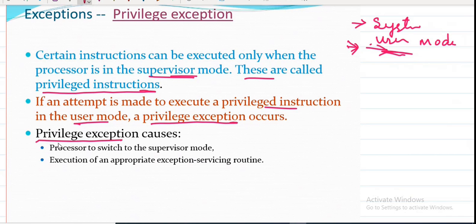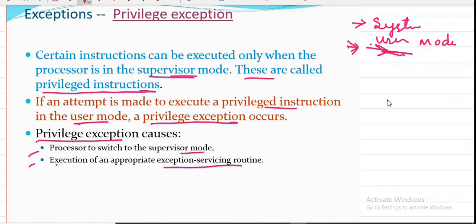A privileged exception involves these steps: one is the processor switching to supervisor mode. If you are trying to execute from user mode, you will get a message that you need to change to supervisor mode to perform that operation. Then, execution of an appropriate exception service routine.